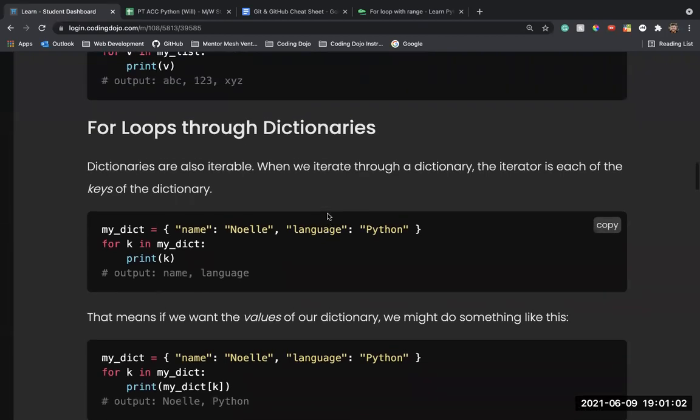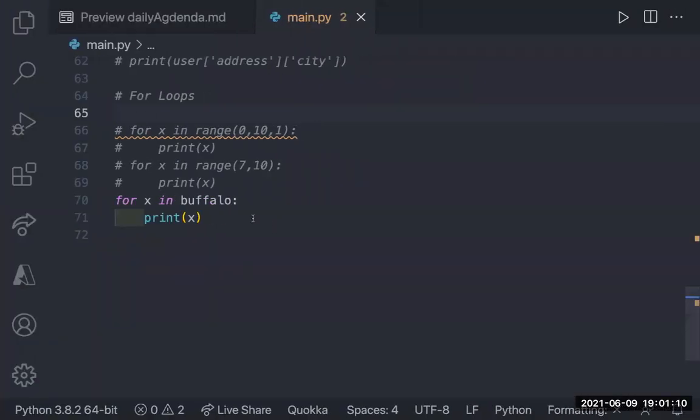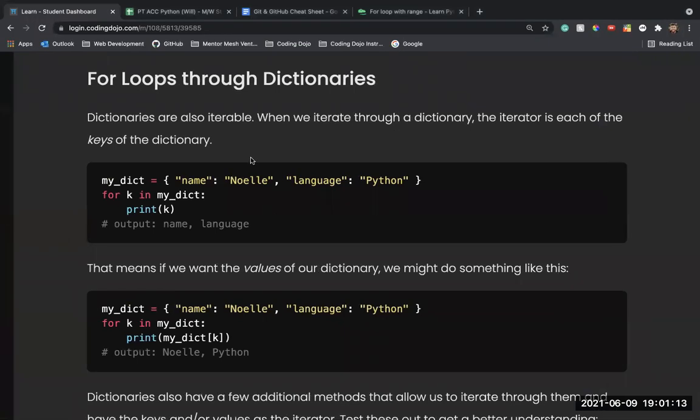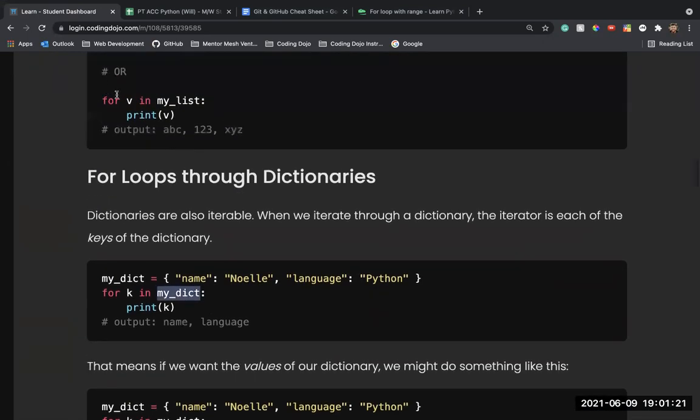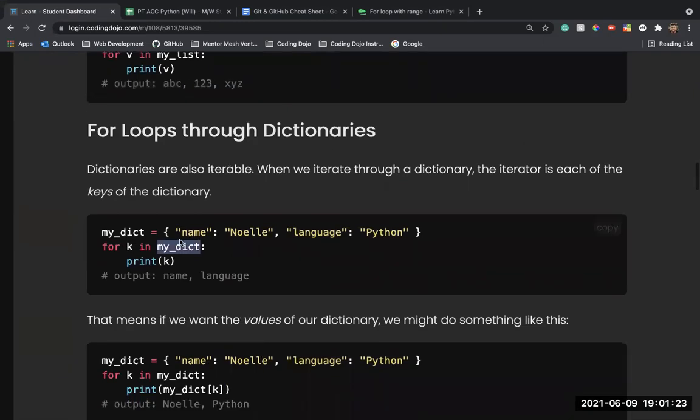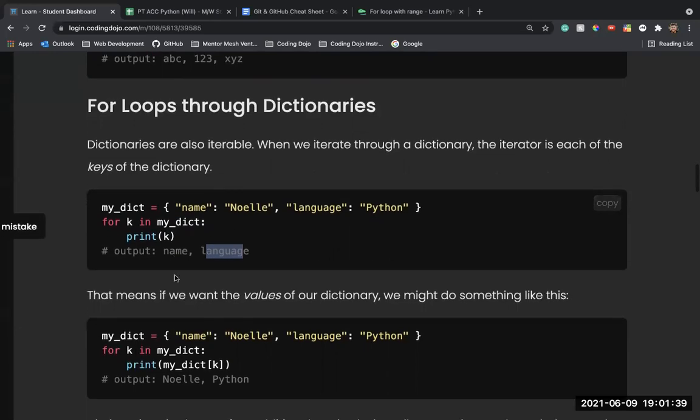Now, there's a couple of ways, and we're getting kind of close to time, that we can iterate through a dictionary. And that's kind of the end of my code here. So here I have this dictionary, right? And I can say for k in my dictionary, which is very similar to the way we did it with our list. Every time it does that, k represents the key. So for every k we have, it represents the key, and then my output is that key. For k in my dictionary, print k, so this is printing all just my keys.